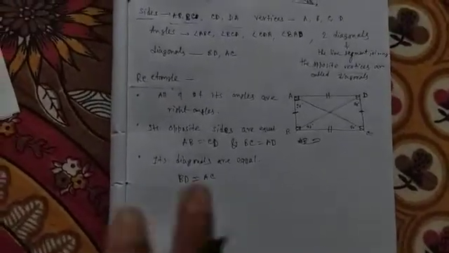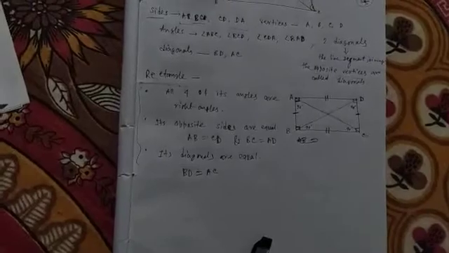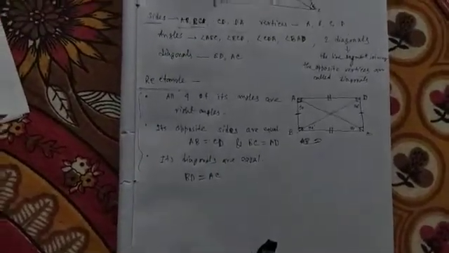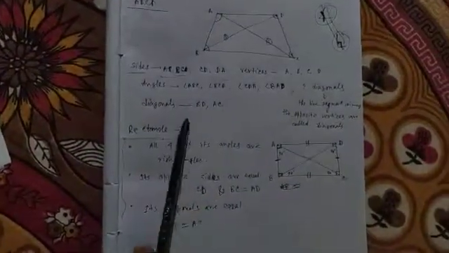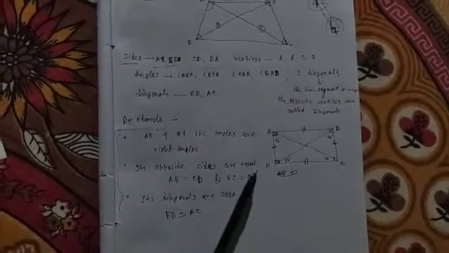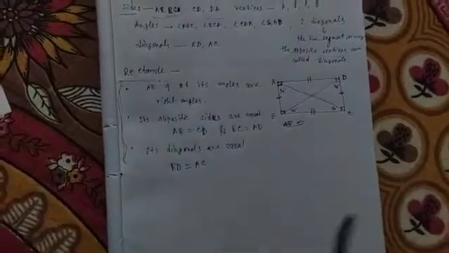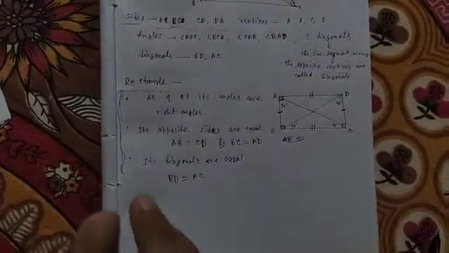So understood what is rectangle? If any quadrilateral follows these 3 points, then we can say that it is a rectangle. Clear everybody? देखो, चारों साइड, 4 वर्टिसेस, 4 एंगल्स, 2 डायगोनल्स होगा तो वो क्वाड्रिलेटरल होगा, लेकिन वो रेक्टेंगल नहीं होगा. रेक्टेंगल होने के लिए ये तीनों कैरेक्टरिस्टिक्स फॉलो होनी चाहिए. If any quadrilateral follows these 3 characteristics, then we can say that quadrilateral is a rectangle.